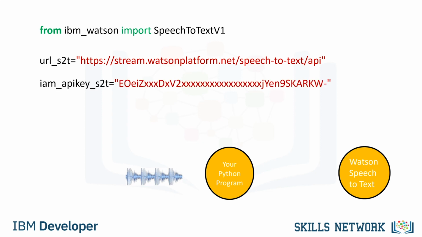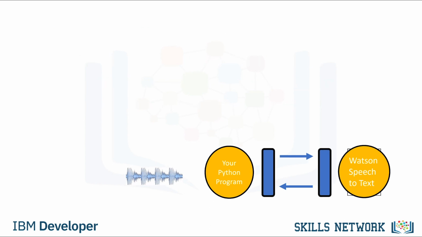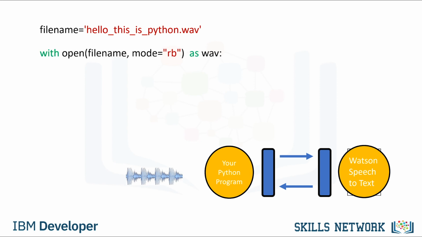You will do the same for your API key. You create a speech-to-text adapter object. The parameters are the endpoint and API key. You will use this object to communicate with the Watson speech-to-text service. We have the path of the WAV file we would like to convert to text. We create the file object WAV with the WAV file using open. We set the mode to rb, which means to read the file in binary format. The file object allows us access to the WAV file that contains the audio.